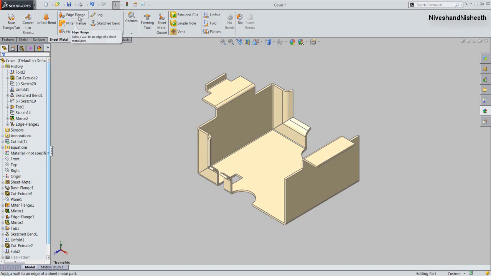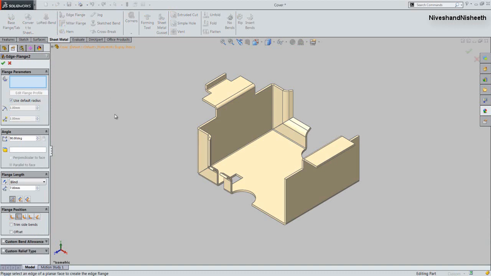Now we will activate the edge flange tool from here and select this edge. Now we will drag the edge like this, and set the angle value 75 degrees. Okay, and fill the value 85 mm in the flange length section.